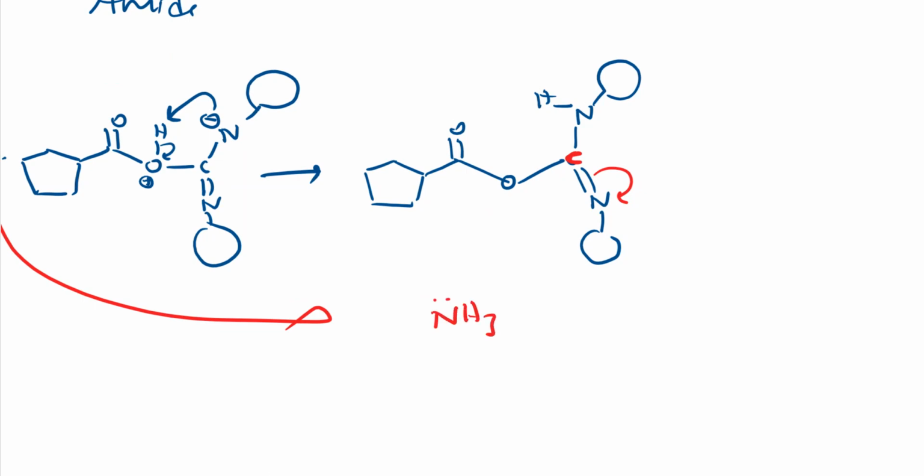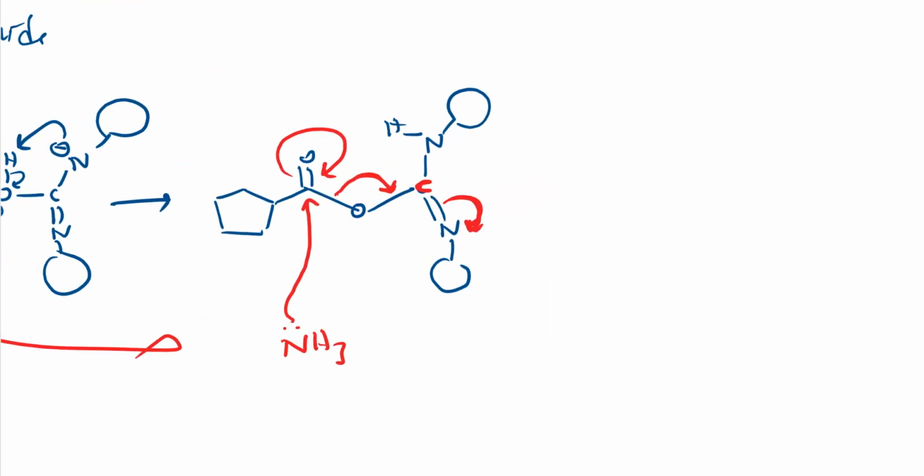So what happens? See, this bond can be easily broken. Why can it be easily broken? Because here double bond N is there. So like this it can easily break. As soon as this attacks, this electron density comes back, this bond will be broken like this, and this bond comes onto nitrogen. I hope you understood the arrow. So let me show again. I have this ammonia. As soon as ammonia attacks this carbon, this electron density goes to oxygen and again comes back. This bond will be broken because it is attached to DCC.